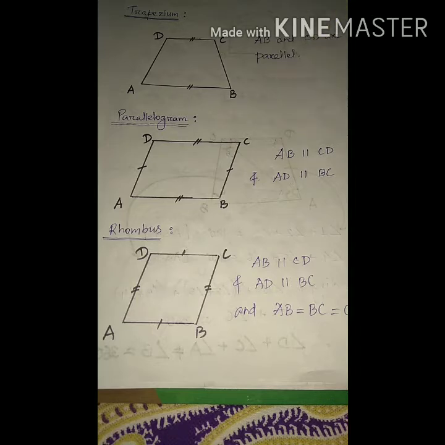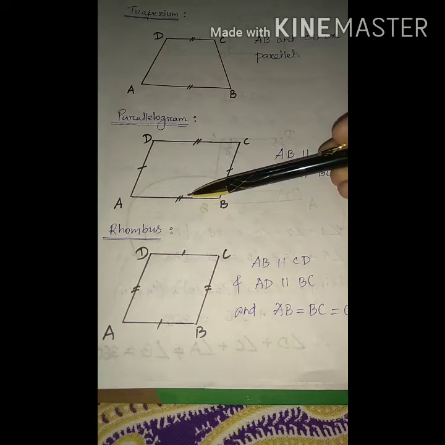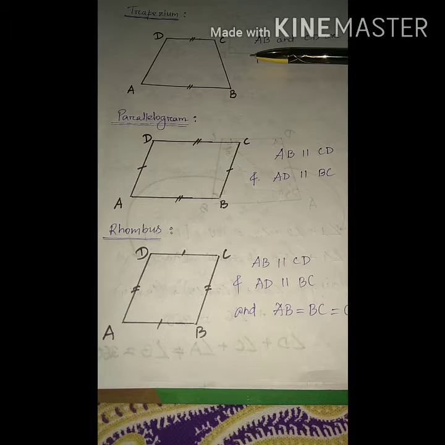But in case of a parallelogram, what we get? Opposite sides are parallel but only the opposite sides are equal. Is it clear? And in case of a trapezium, what we get? Only one pair of opposite sides are parallel, the sides are not equal. Is it clear? So mainly we have to know this in case of quadrilaterals. Some more figures are there we have to discuss. Is it clear? Okay.